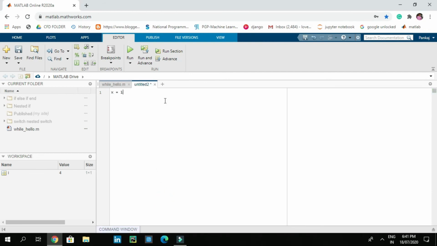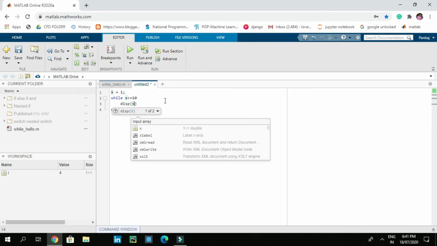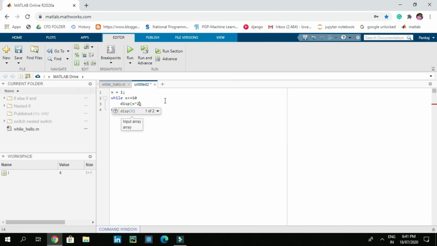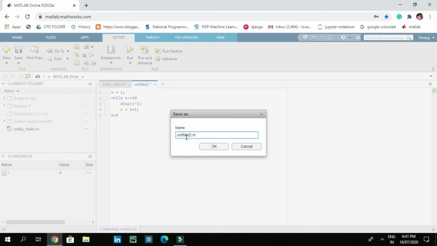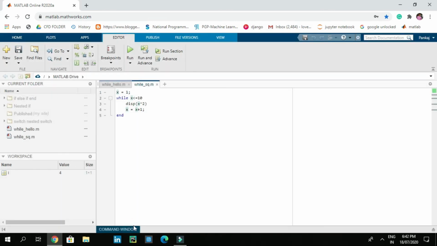So let's say x equal to 1 semicolon and on the next line while x is lower than or equal to 10, and press enter, and on the next line let's use the disp display function and in that function let's give x raised to 2, and on the next line let's add x equal to x plus 1 with a semicolon, and let's save this file as while underscore sq.m.